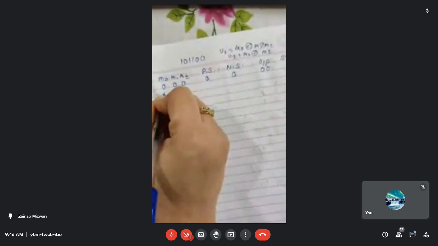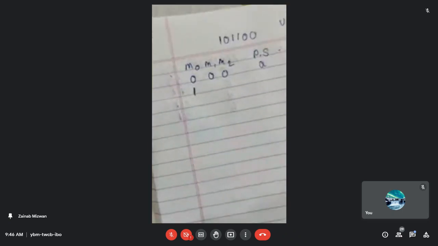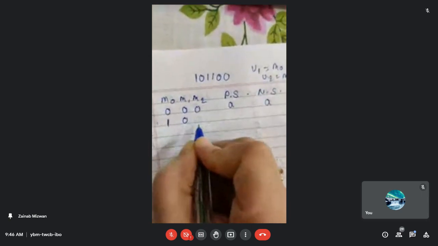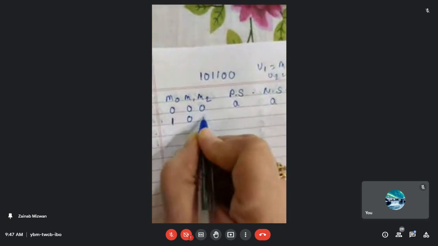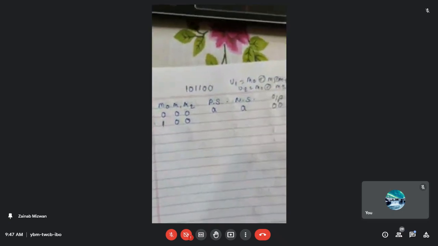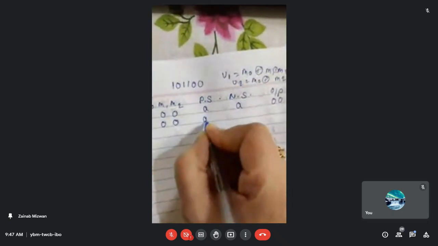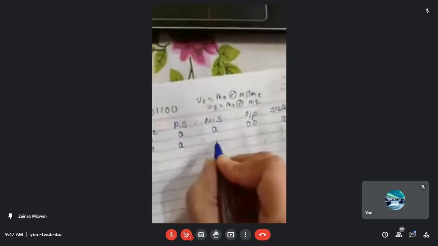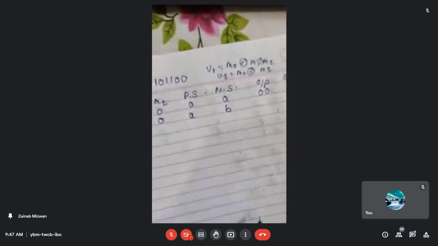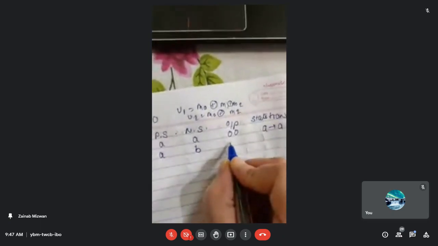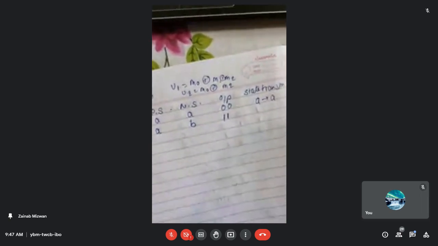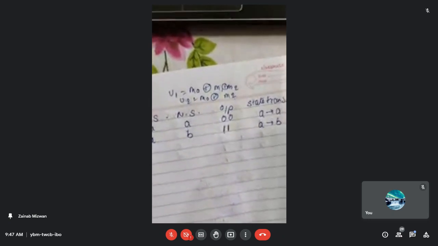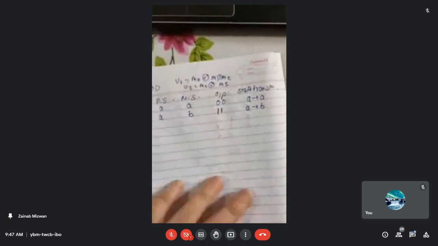Now coming to our first bit. What is your first input bit? It is 1. So when the 1 is shifted into register M0, the 0 from M0 will be shifted to M1, and the 0 in M1 will be shifted to the register M2. The present state is A. And what about the next state? It is 1 0, which is B. The output will turn out to be 1 1 over here. So the state transition is from A to B.